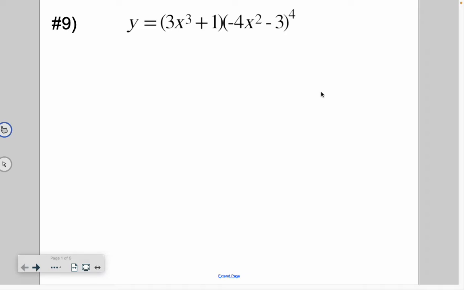Okay? So if you take a look at problem number 9. On this one, is this a product rule, quotient rule? What rule are we using? This is a product rule. Yeah, you're multiplying two factors together, so this is a product rule. So let's start there. So y prime equals, okay, product rule is first function or first factor